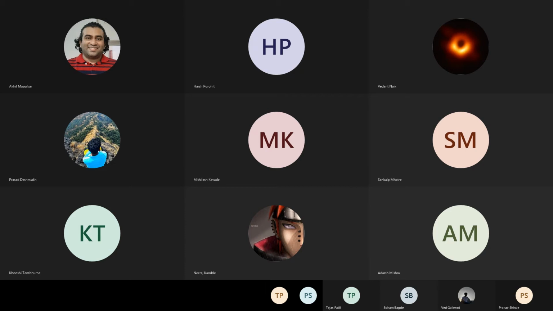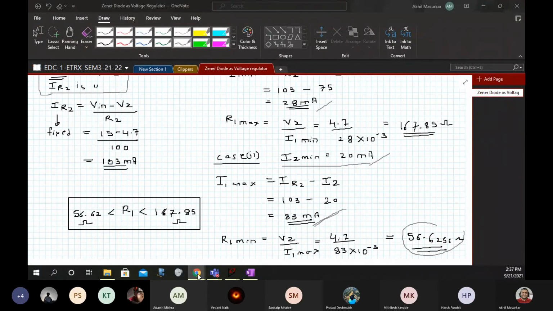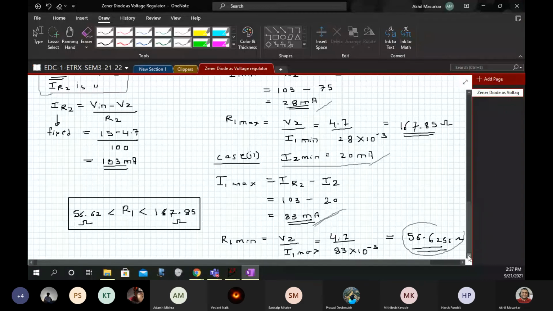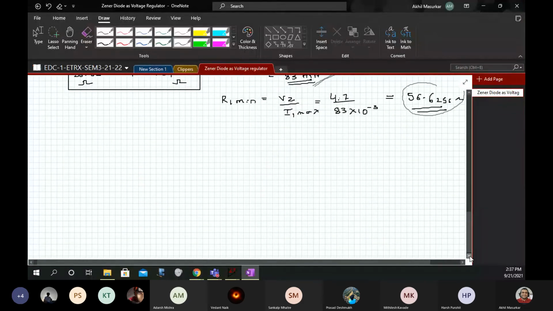Okay, so now where is this Zener voltage regulator used? That is the question. Okay, so it is used in regulating the voltage from a solar panel. So something like this.